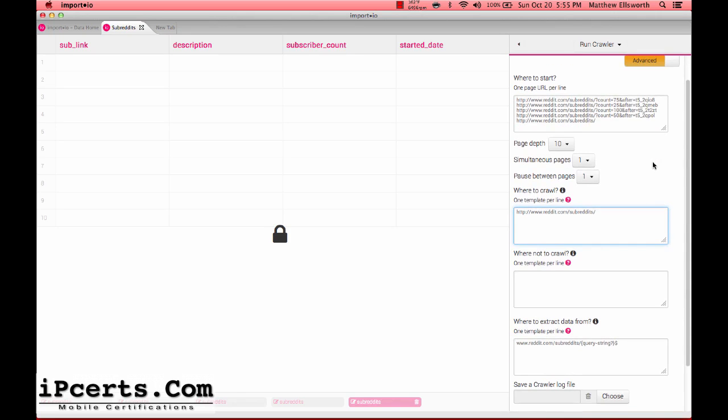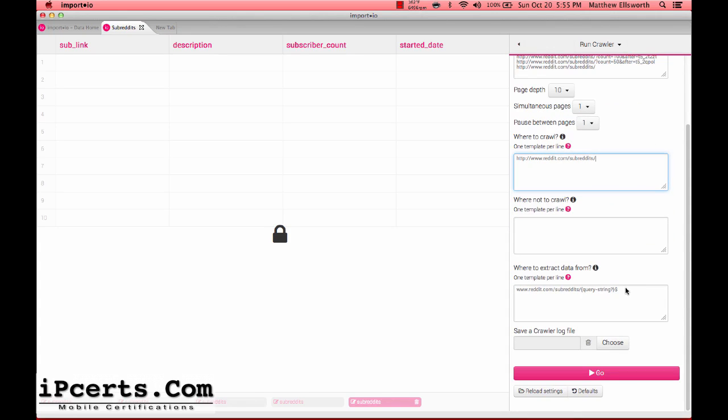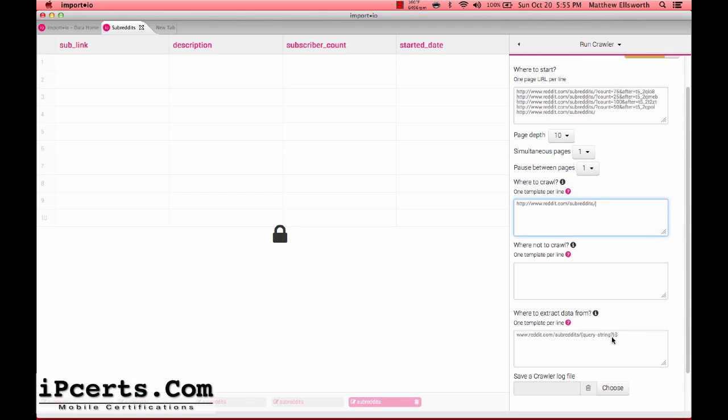So we can put in some specific instructions for that as well. Now this just has it defined as a query string. I'm just going to go ahead and make it a little bit more exact so we can cut down on the amount of time that the crawler spends going through everything here. So we're going to do $count equals brackets num, which means that it'll be a number. Then we'll type out our ampersand after